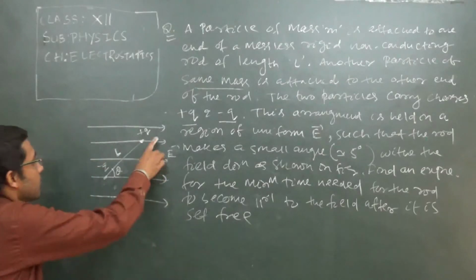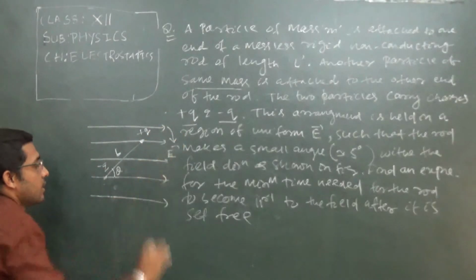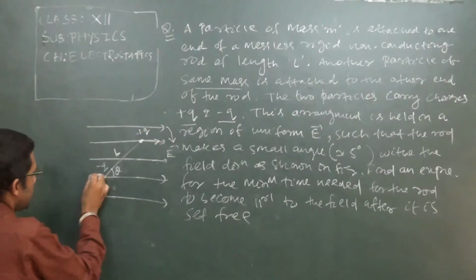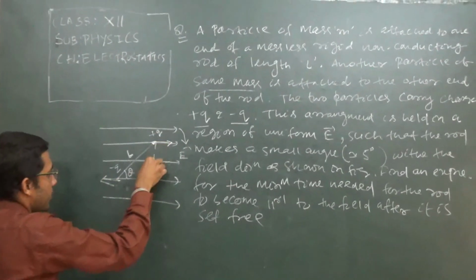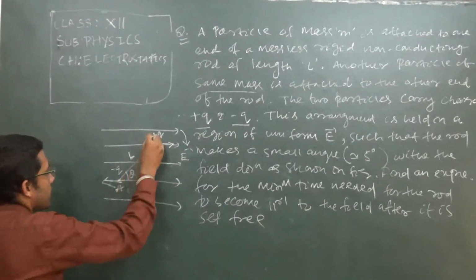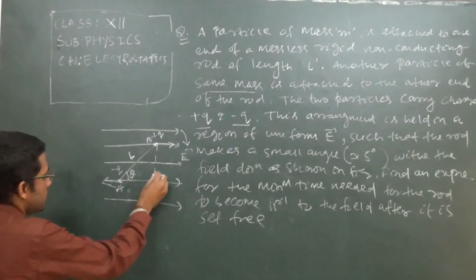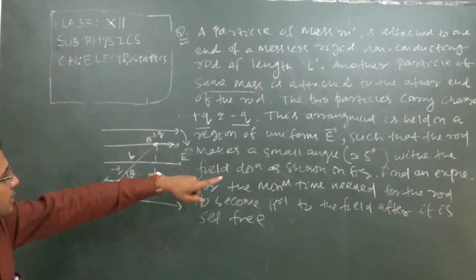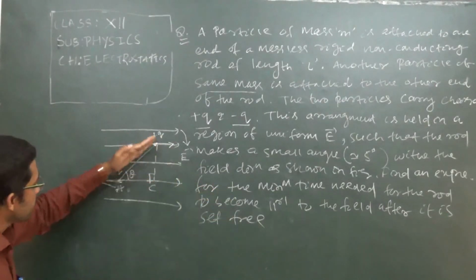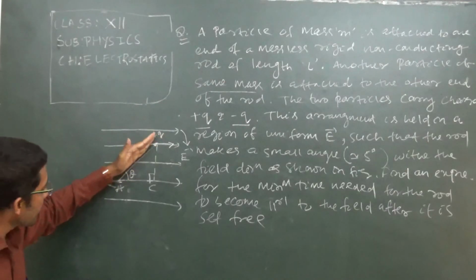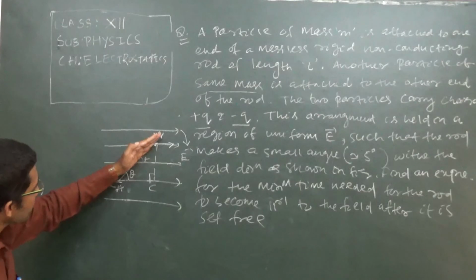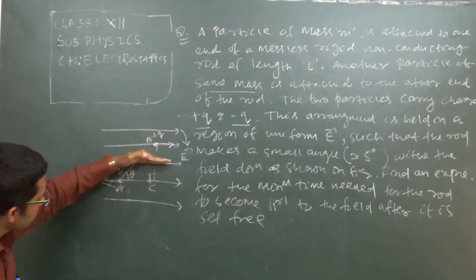So when we are talking about this as an electric dipole, what will we do? There will be generation of torque. So this one is the force. This one is the force. We will draw a perpendicular. Let us give it the name A. This will be B. Let this be C. It is asking to find an expression for the minimum time needed for the rod to become parallel. That means if the rod will be like this, it is asking at what time. So this is the angle obviously. The same angle will be there. So it is asking at what time the rod will move and will stay like this.